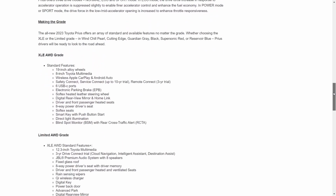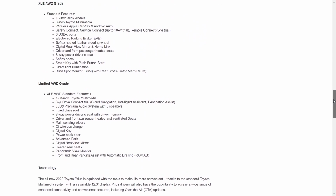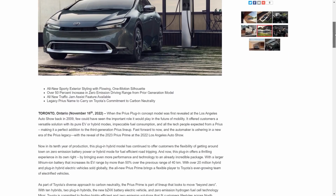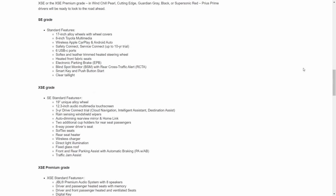Another way Toyota has differentiated the Prius from the Prius Prime is with the various trim levels. The regular Prius comes in either the LE, XLE, or Limited trims with a choice of either front-wheel or all-wheel drive, or in Canada only has the XLE and Limited trims, with all-wheel drive being standard. With the Prius Prime, however, Toyota is positioning this model as the sportier version, available in either the SC, XSC,